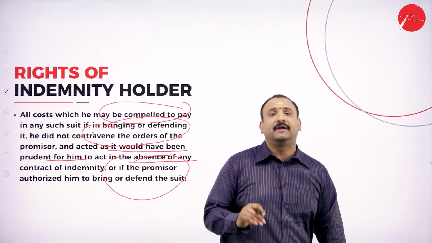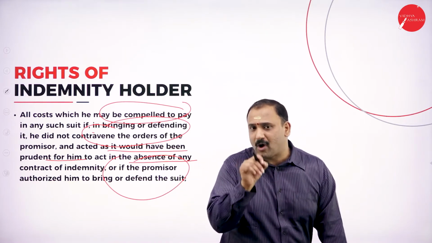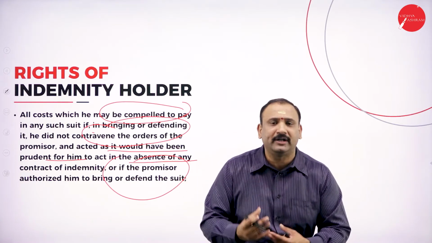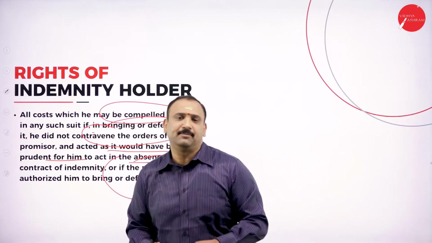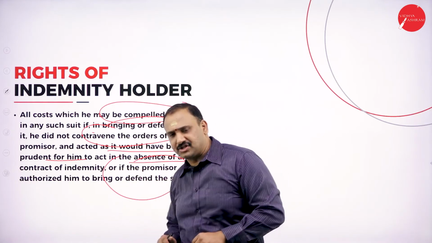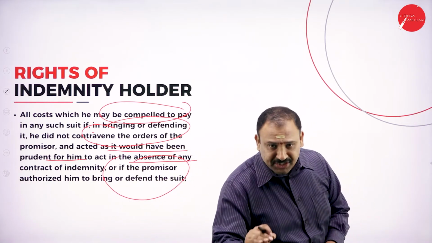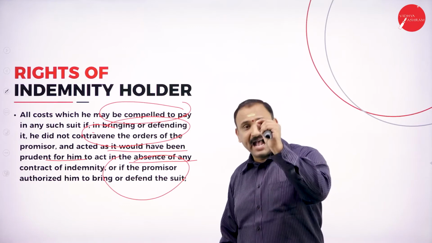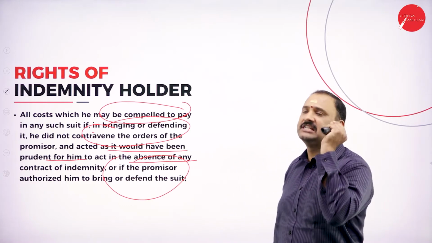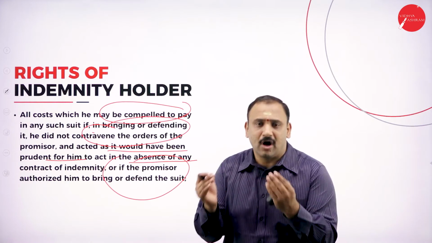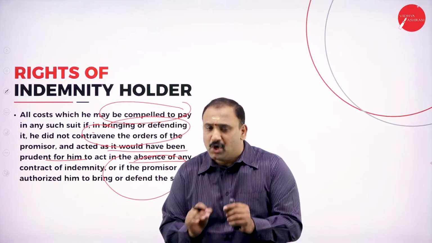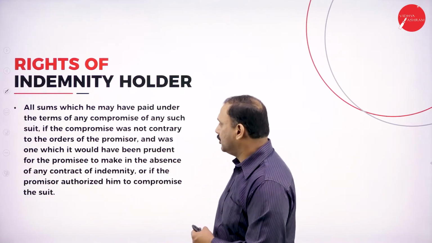That is why it is very important that the promisee should not have changed anything in between, or tried to modify the contract, or brought in contradictory factors. As per the offer document and the contractual agreement, whatever they have mentioned and agreed upon, and whatever acts in his benefit as per the law, he is eligible to get that compensation. That is why the rights of the indemnity holder are very important when you study that document. Followed by